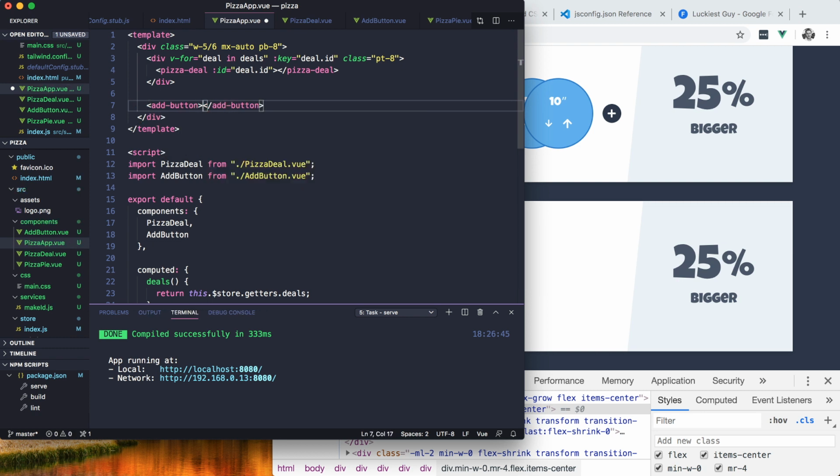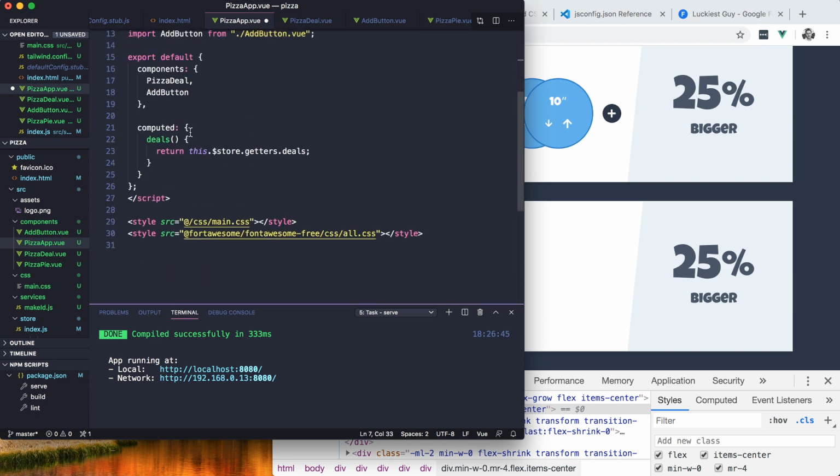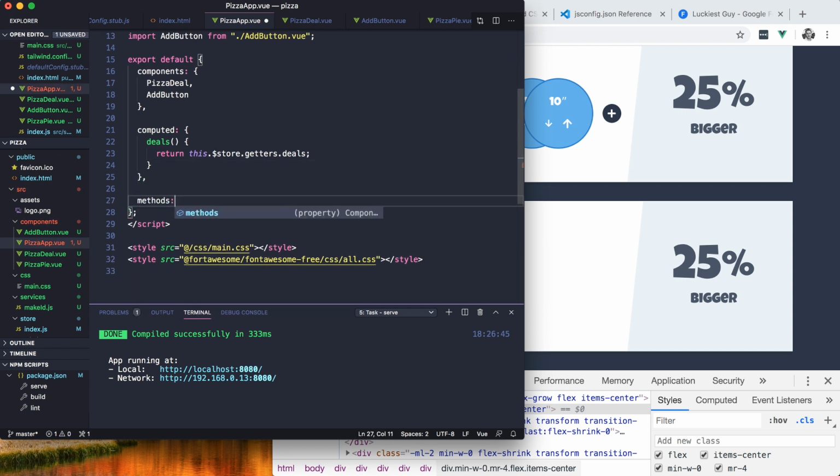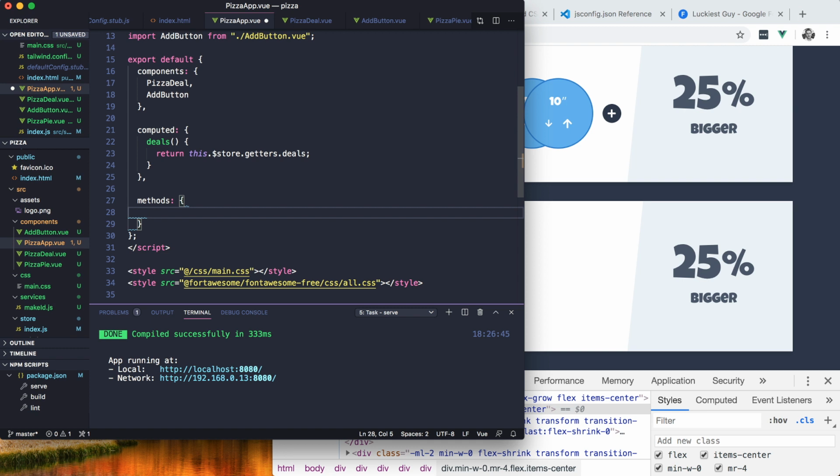Only this time, when the add event is emitted, we're going to say create deal. Let's make that method create deal,